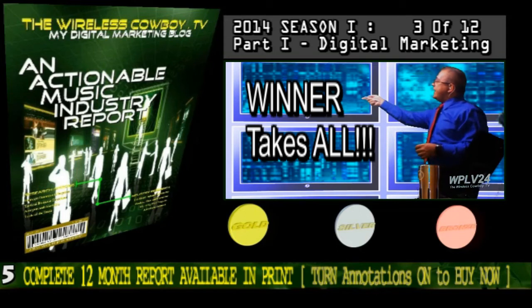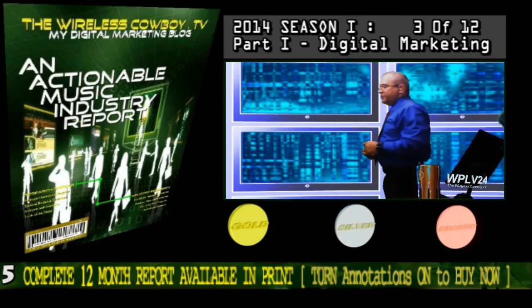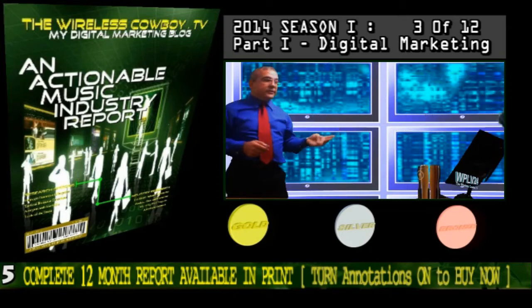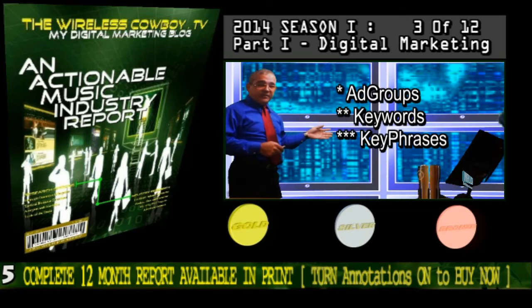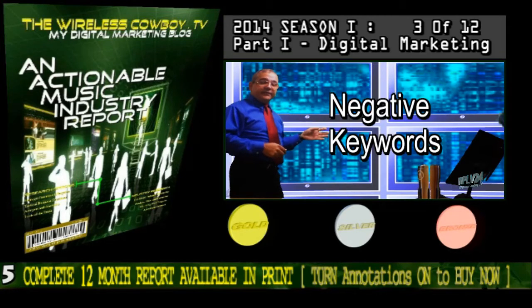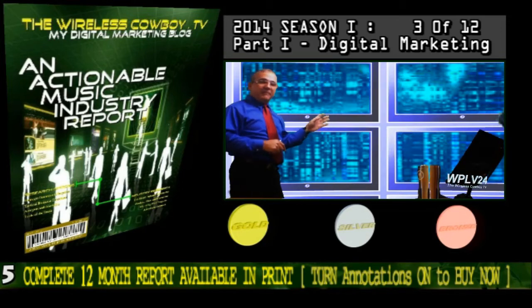And so the top three spots go to the top three bidders. So research your customers' persona by funnel, copy, and landing page. Understand your lines of business, ad groups, keywords, and key phrases. Exclude your negative keywords. Manage your bids, whether they be implicit, explicit, manual, or auto-ranked, to maintain your page rank with broad, exact, and phrase match types.